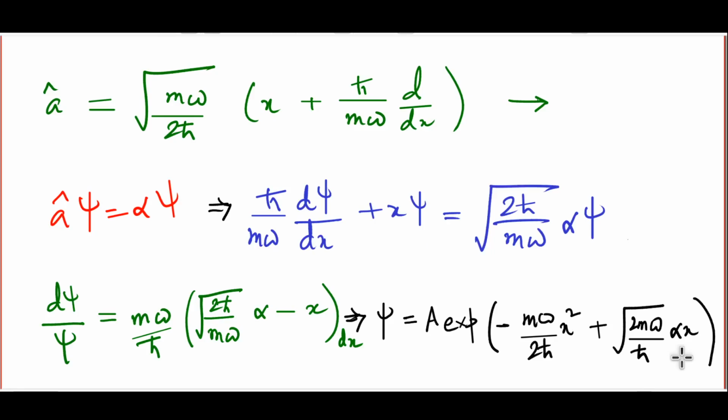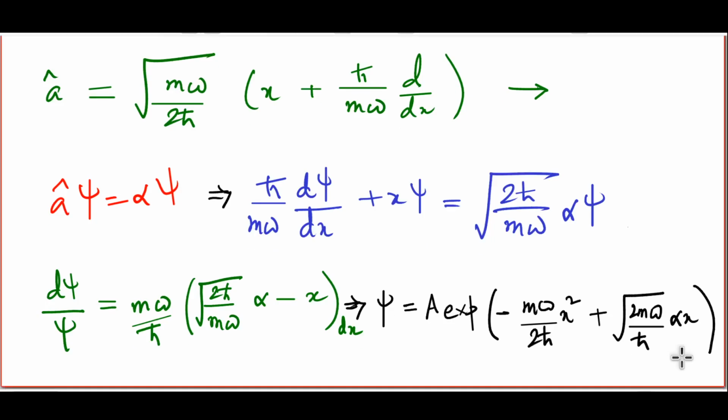The same should be applicable to A dagger as well. So, how can we explain the fact that we have just discovered that A dagger has no eigenstates? To understand this, all we have to do is carry out the same calculation, this time for A dagger. And if we do